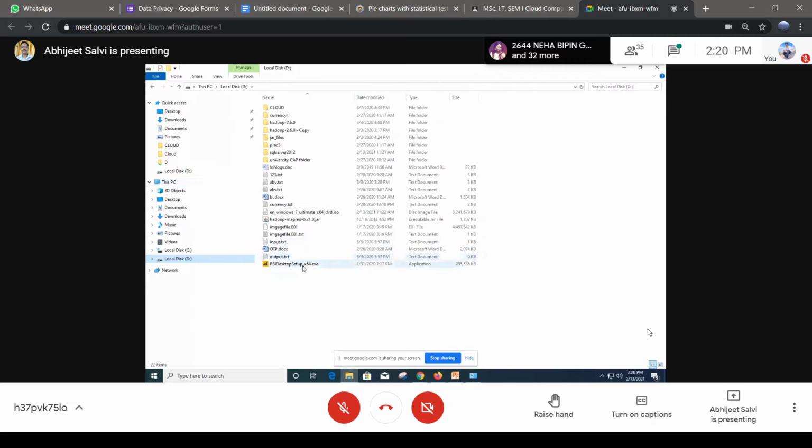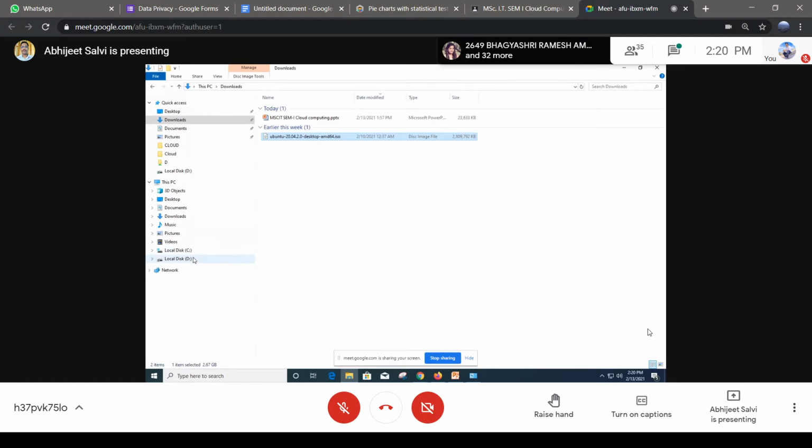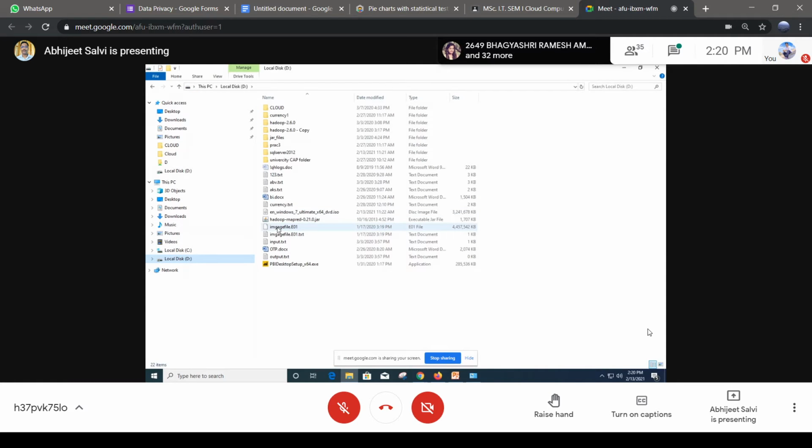In my case, I'm going for the Ubuntu operating system. It's up to you whether you would like to install Windows 7, Ubuntu, Windows 10, or CentOS virtually. You can try different operating systems. If you know how to install Windows 7 normally, you can try CentOS or the Ubuntu operating system. That's what I would recommend.